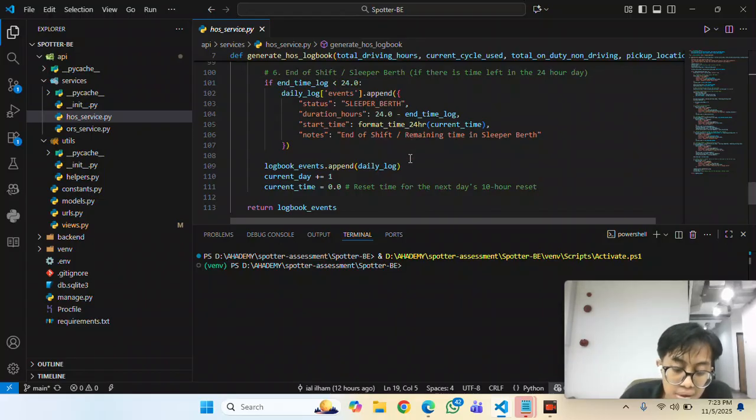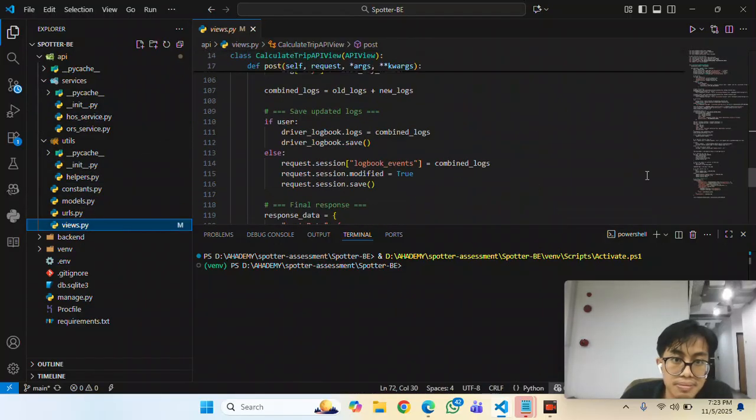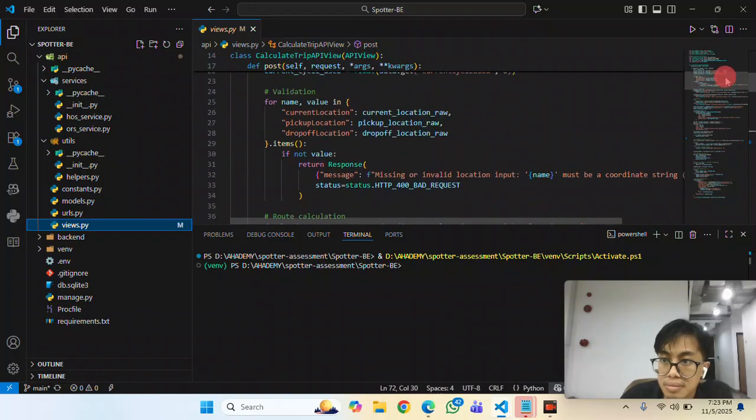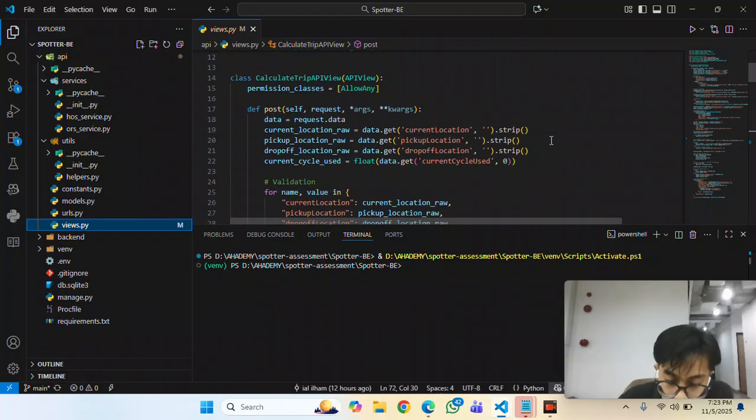Okay. Finally, we move to views.py. Specifically, the post method acts as the coordinator.